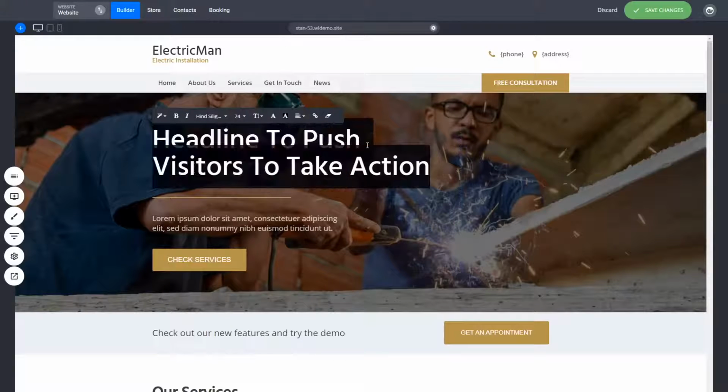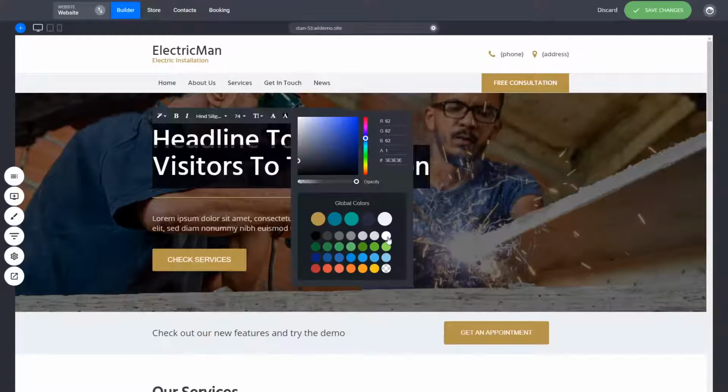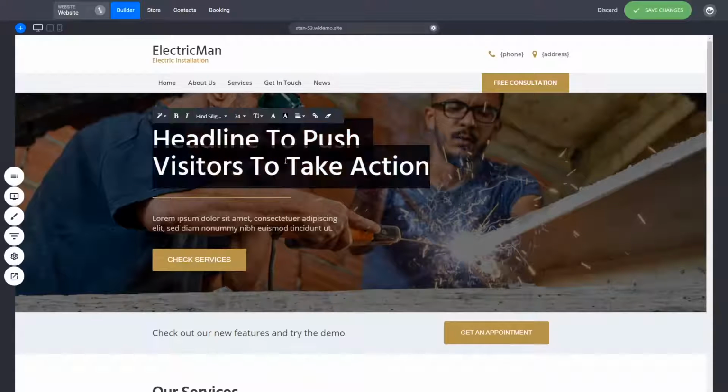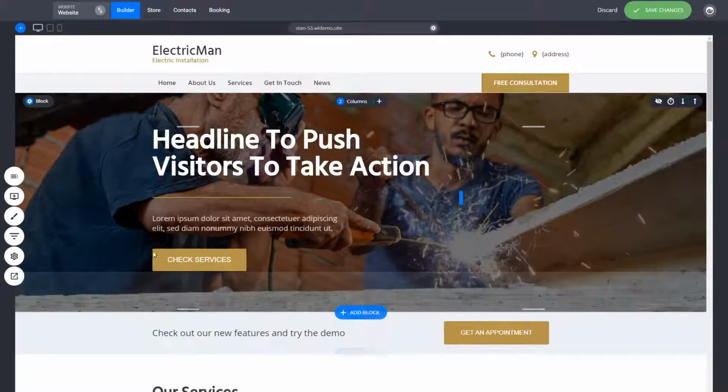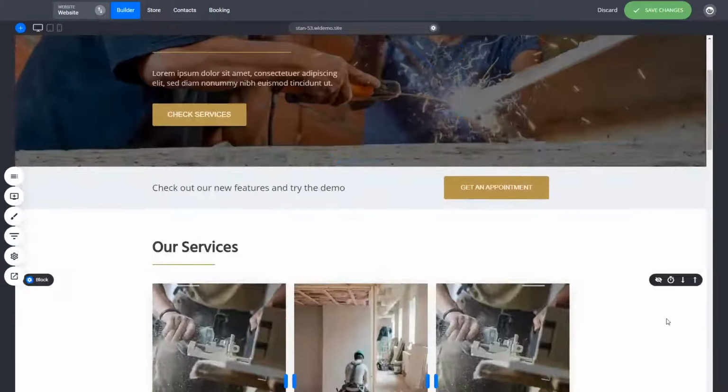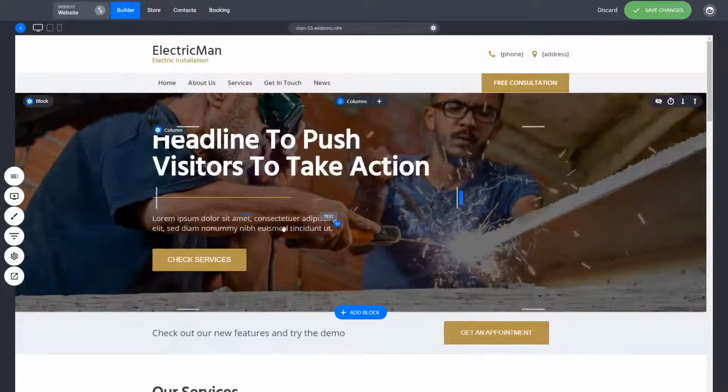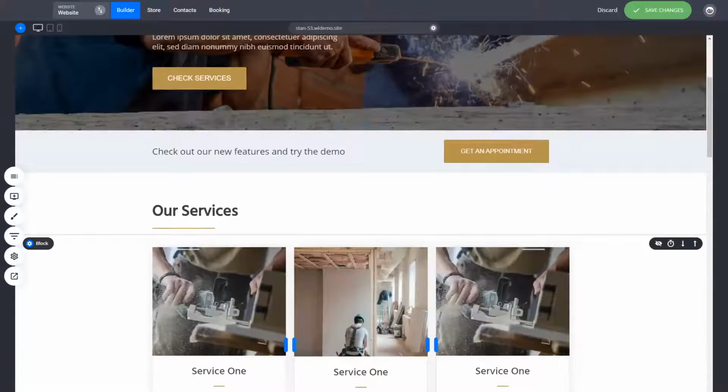So basically that will clear all the styling, and of course you can just add the color. Everything else is the same, and when you modify it from here, it will affect all the places. Of course you can also make it bold. That will not affect the global styling. So this is it. This is how simple it is to globally modify different texts and places throughout your design